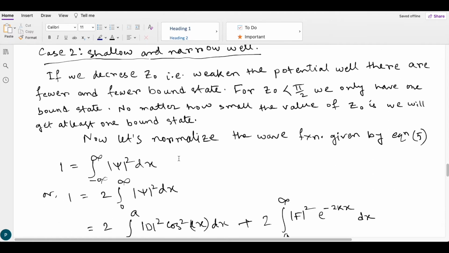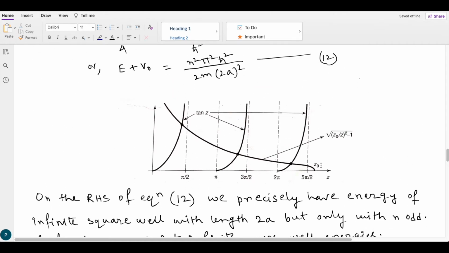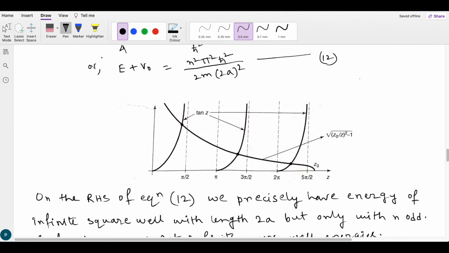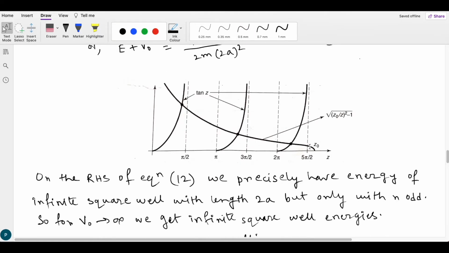If we decrease z0, that is, if we weaken the potential well, there are fewer and fewer bound states. If we decrease the value of z0, this point is the value of z0. If we decrease it further, this is the new value of z0. If we decrease it, it will come closer to the origin,